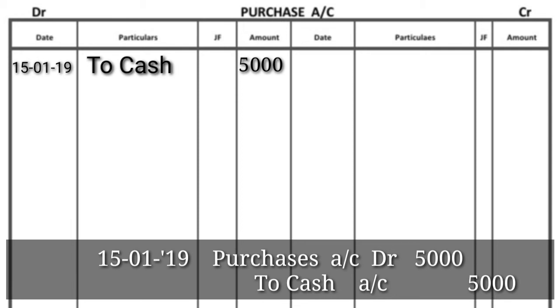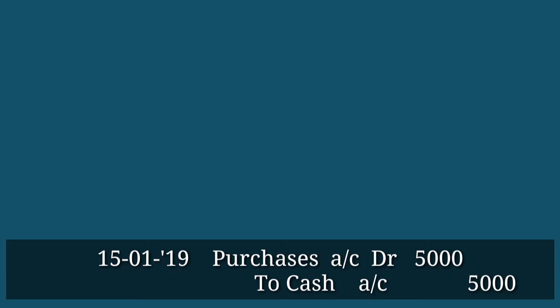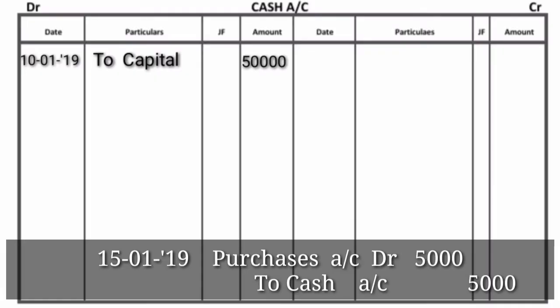Now we need to separate cash, so we need to enter it in the cash account also. We already prepared the cash account, right? So we can add this also into the cash account. What is the balance of cash? Cash has a credit balance, so we will write in the credit side. The date is 15th January 2019, the same date. And in the particulars column, "By", what will we write here? The opposite of cash. What is the opposite of cash? Purchases. So we will write here "By Purchases", amount column 5,000.